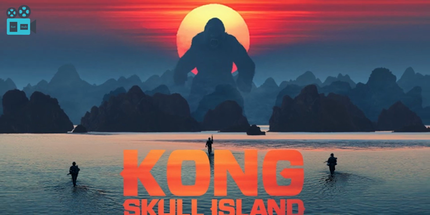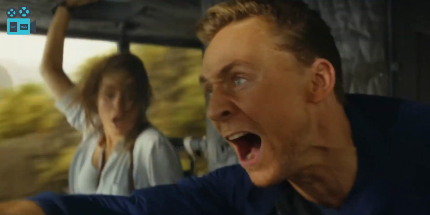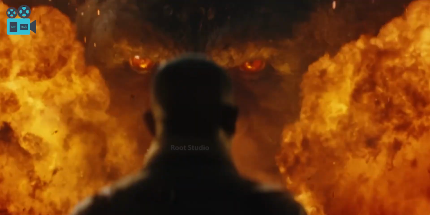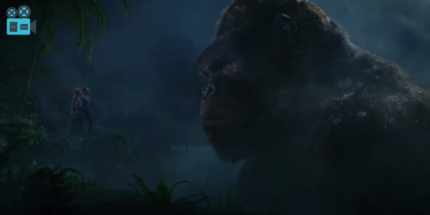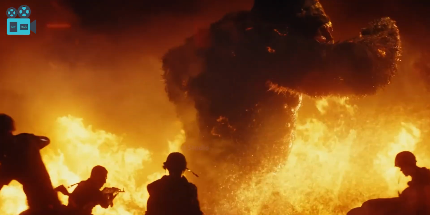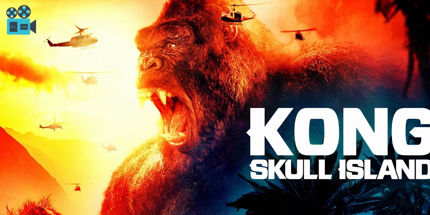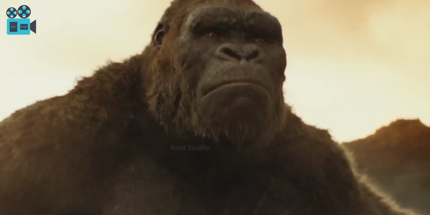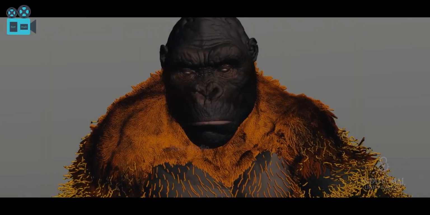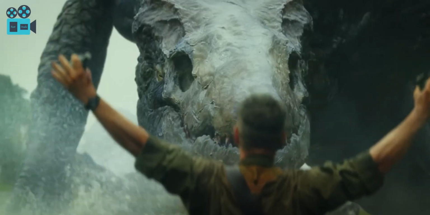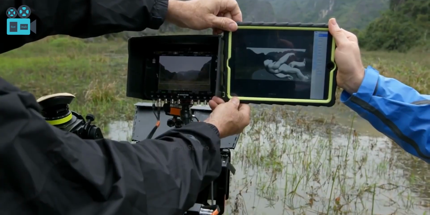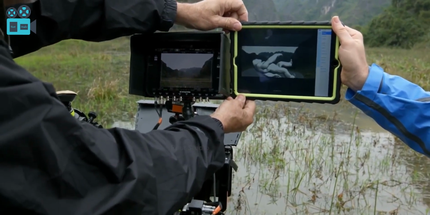Kong: Skull Island is one of the most visually stunning monster films in modern cinema. The film brings an untamed monstrous world to life with stunning visual effects, larger-than-life creatures, and breathtaking action sequences. However, what audiences see on screen is the result of meticulous CGI, motion capture, and advanced visual effects. In this behind-the-scenes breakdown, we explore how some of the most iconic scenes were created with the power of VFX